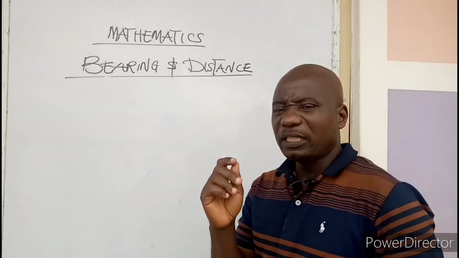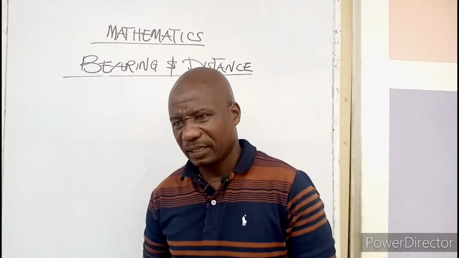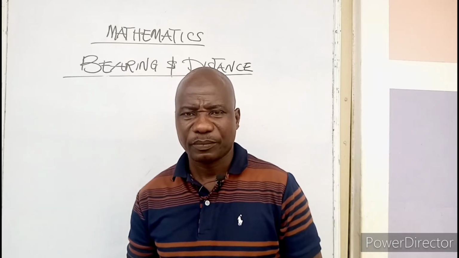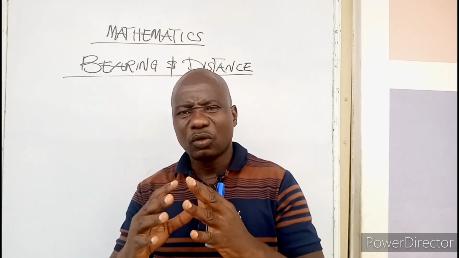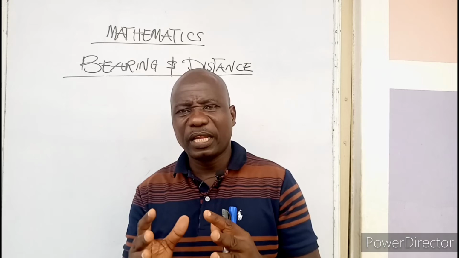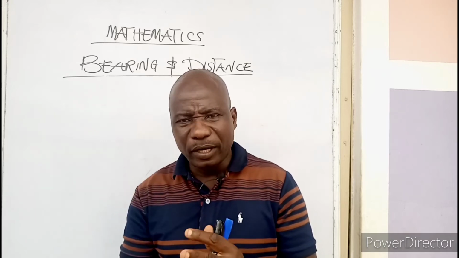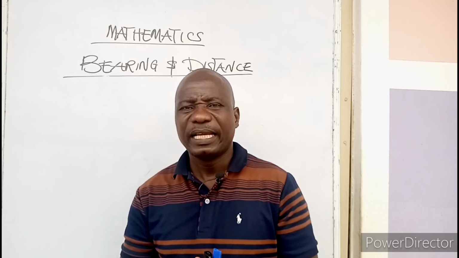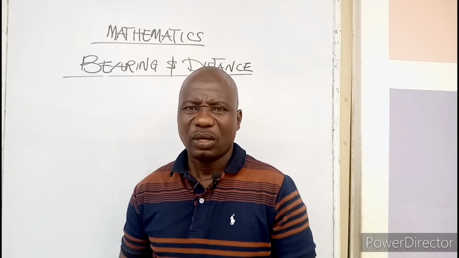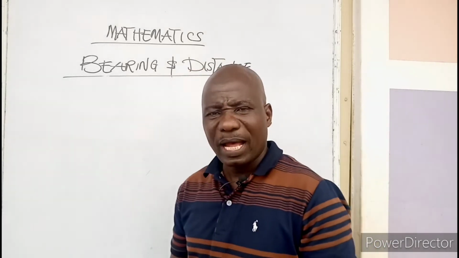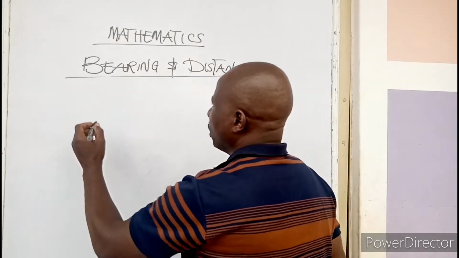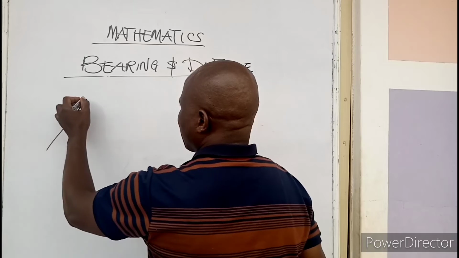Now, in dealing with bearing and distance, there are some things you need to put into consideration. You must have gotten a basis in the concept of sine rule, cosine rule, as well as the cardinals. Now, in your lower levels, you were taught the sine rule, where we have a triangle